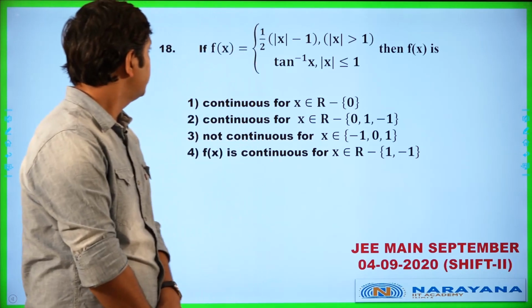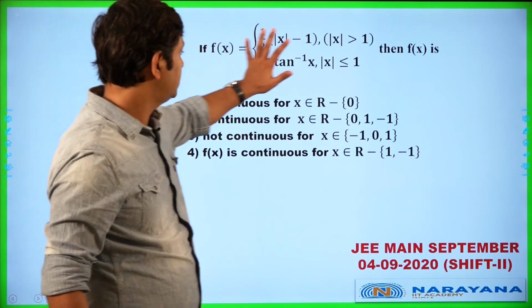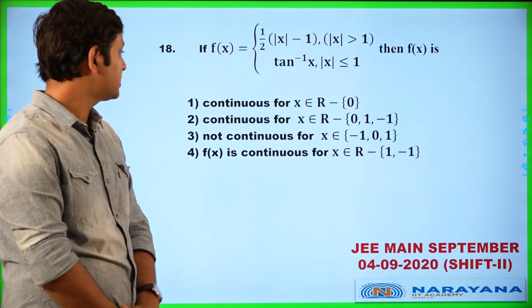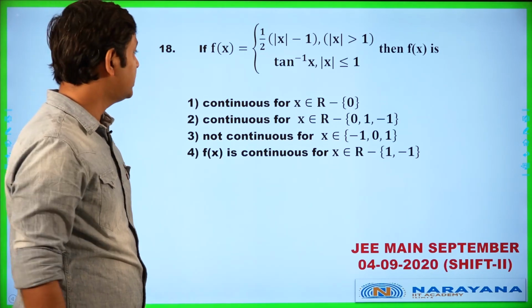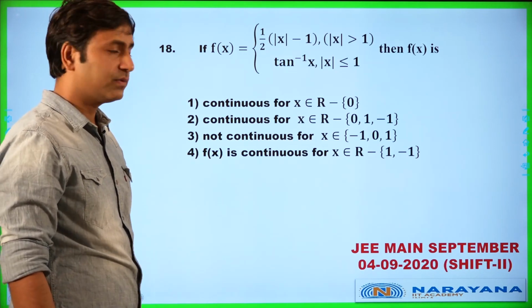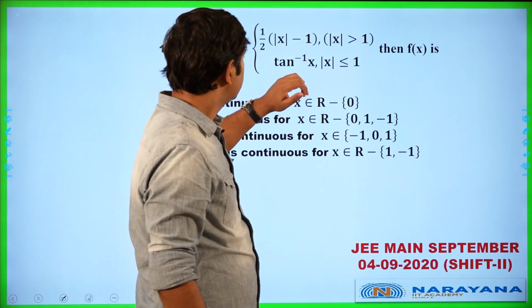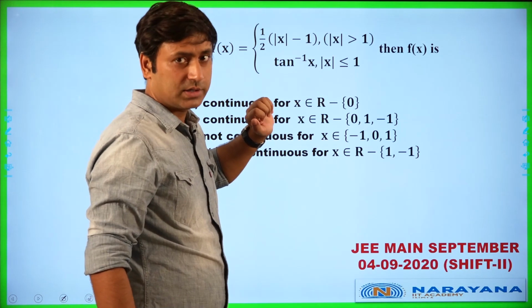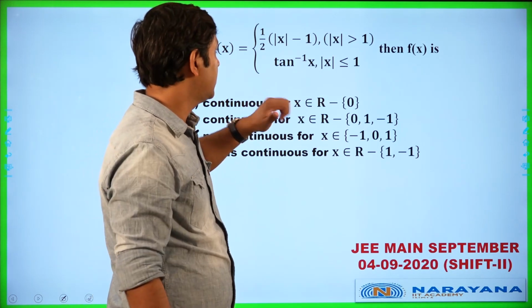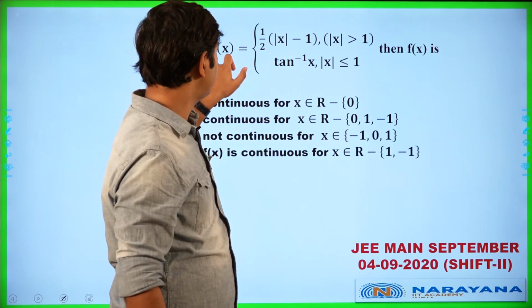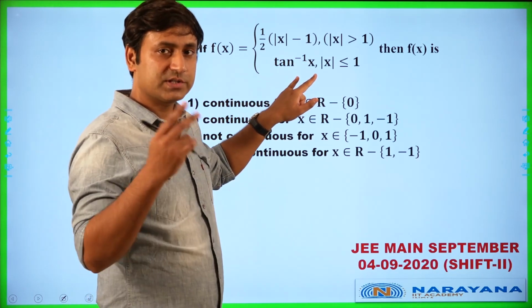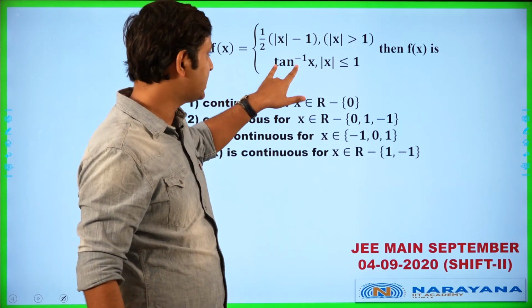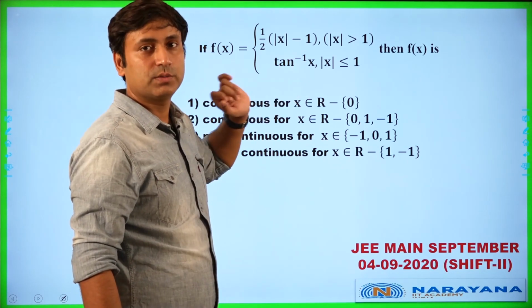Now in this question, we have been given a function and 4 statements corresponding to where the function is continuous. Notice that we need not draw any diagram for this question. We know that tan inverse x is a differentiable as well as continuous function in its domain. So wherever the function f(x) is equal to tan inverse x, at all those points, if it is defined on the left hand side and right hand side both as tan inverse x, the function will be continuous.